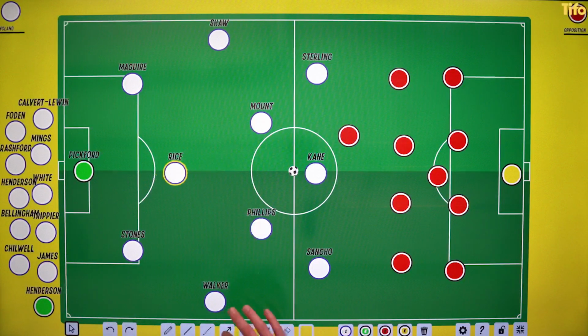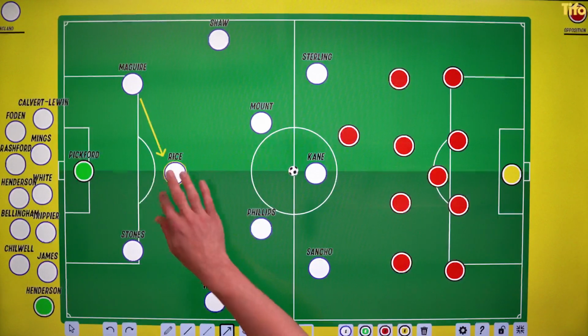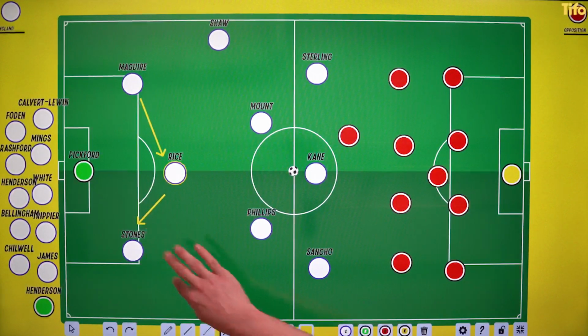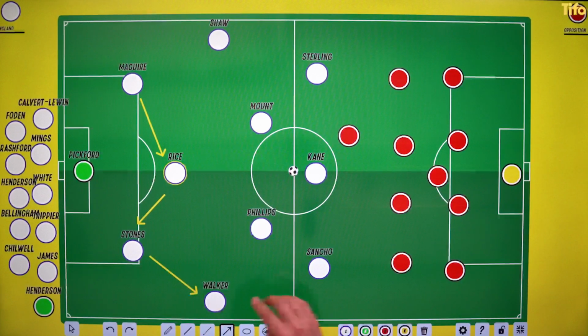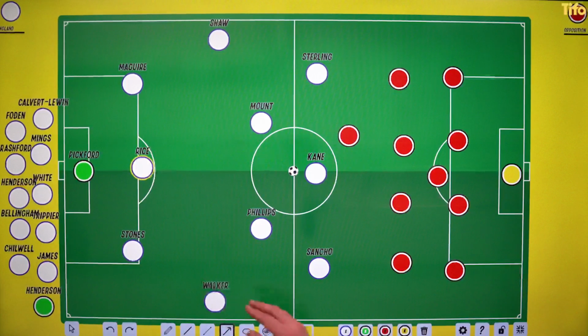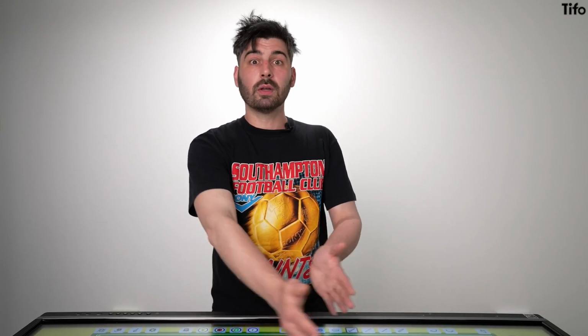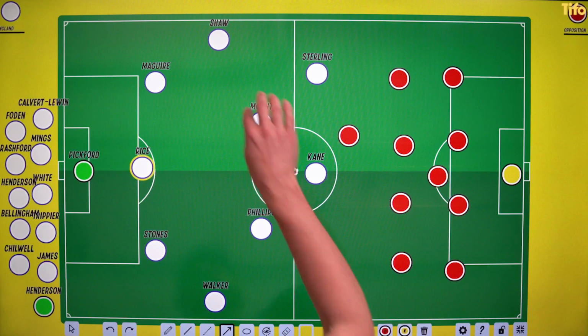So he's the person who, say, Maguire, for example, will pass to here, and then Rice can play it back to Stones, and that can then switch the play over. He also will sometimes drop right in, and this will allow the other centre-backs to advance up the pitch a little bit. That allows England to slowly progress the ball patiently.